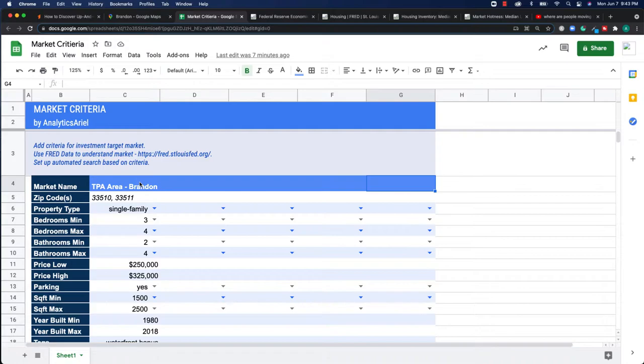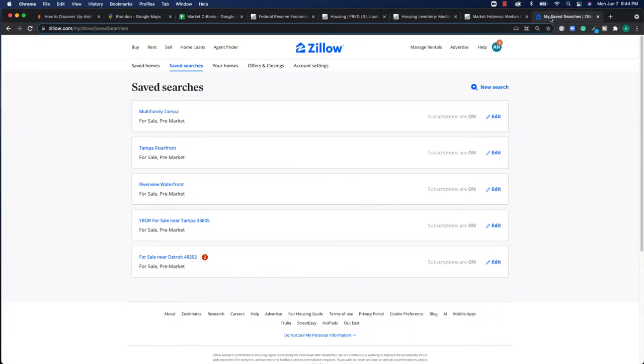It's a good way to go through this process so that when you want to do maybe out-of-state investing, you have a better idea of how to fill this out. In my case, I'm going to be focusing on Brandon, which is local to my area as I'm in the Tampa, Florida area. After setting up your market criteria, you're going to be able to move on to the next phase of having saved searches that automate the properties coming through your inbox.